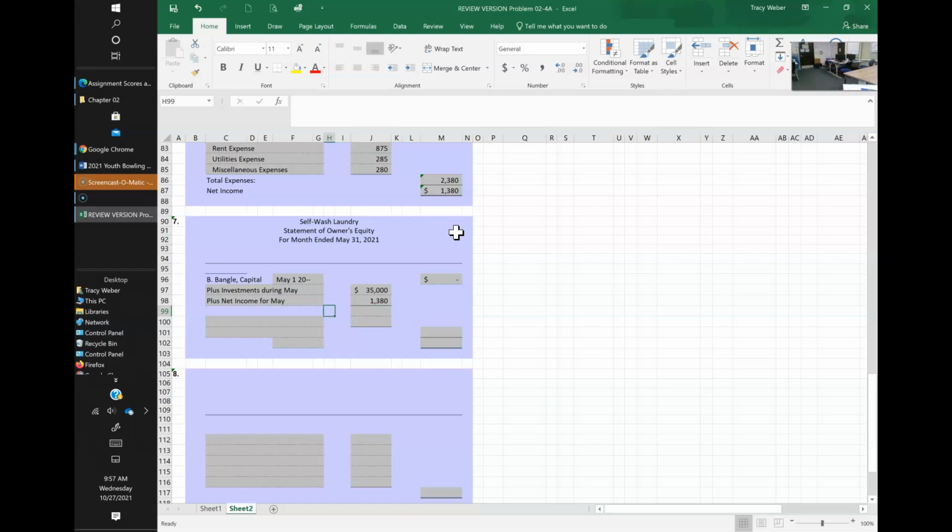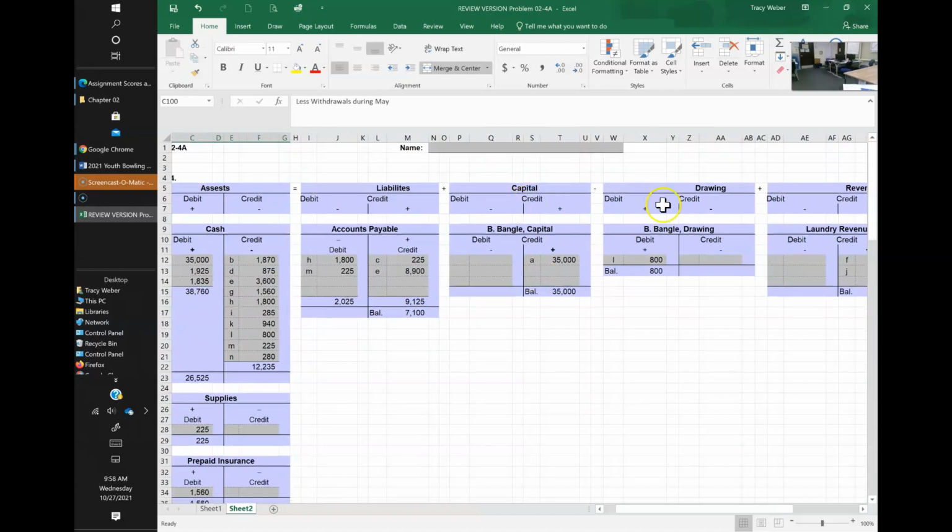Okay, and then now we have a subtotal. Okay, well, it'd be nice if I could spell. And okay, and then we're going to use a formula here. We're adding these two together, so equal sign, and it's only 2, so we can go this plus this and hit enter. Okay, next we need to do withdrawals from May, less withdrawals during May, and we're going to use